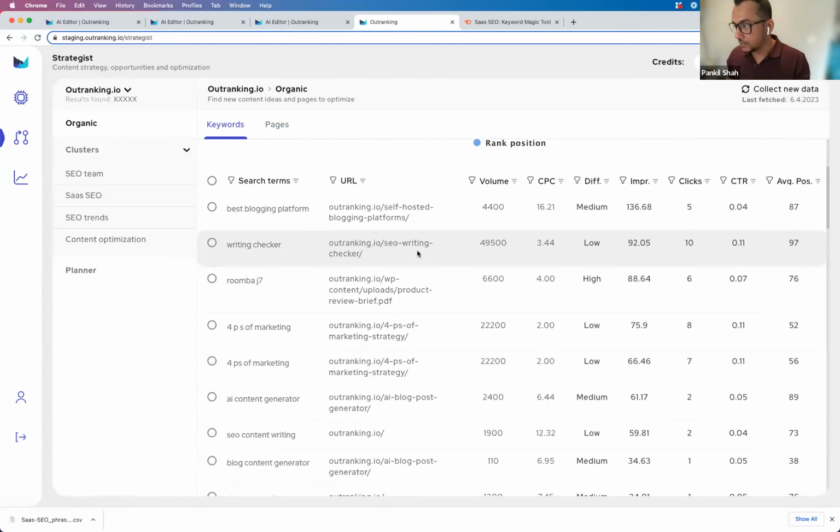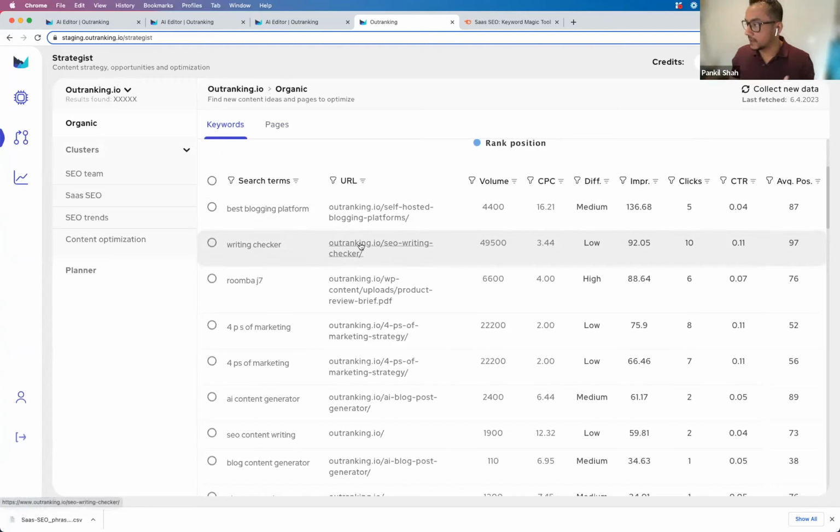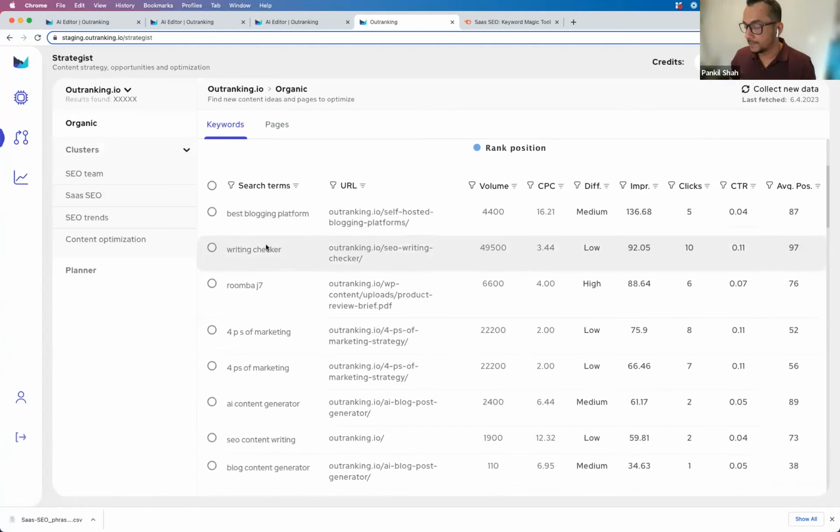So mapping your volume and CPC data to your search terms from Google Search Console is very expensive to do. Hence there's a limit on how often you can refresh the data. We don't want people refreshing every other day, right? So there's a cap on it, but we'll see how we can mitigate that cap and bring it closer to 7 days eventually. Okay, now let's go to clusters.